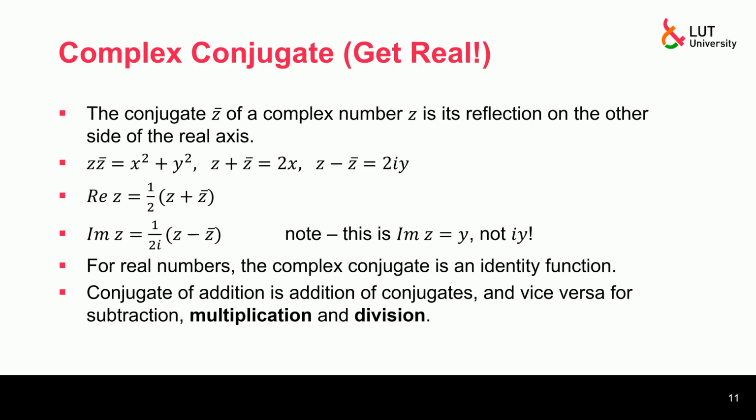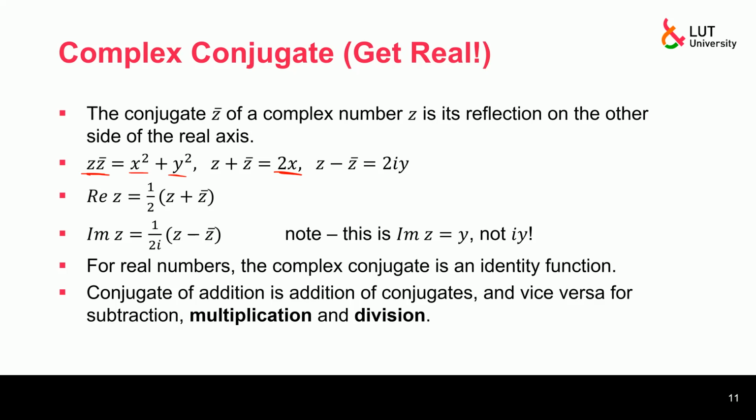I've written here "get real" because one use of these is that multiplying a complex number by its complex conjugate ends up having only real numbers. So multiplication of a number by its complex conjugate is an important operation, which results in only a real part, which is the real part squared plus the imaginary part squared. Okay. If we add the number and its complex conjugate, we also get something that's only real, but it has twice the real part. And if we subtract